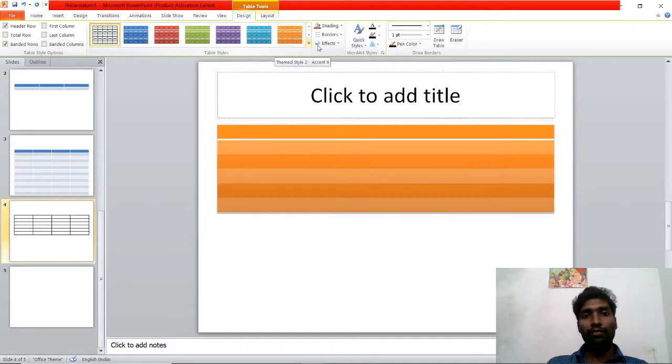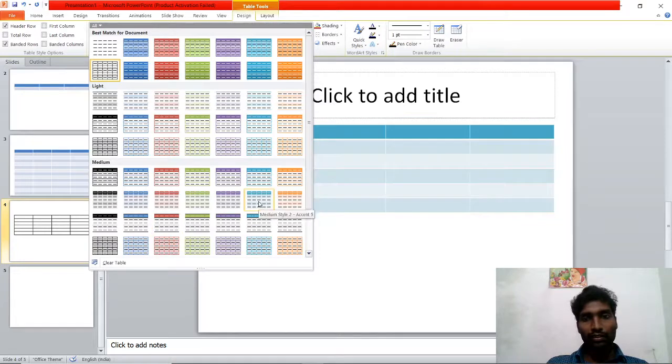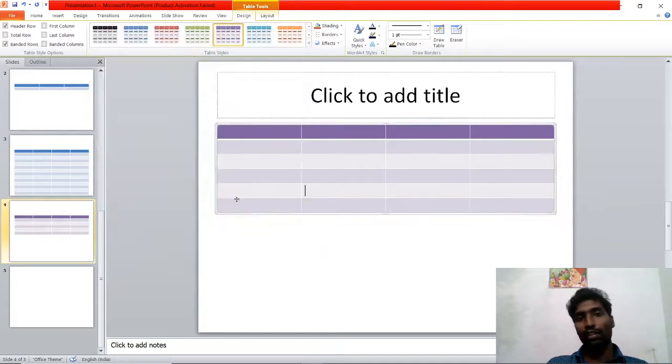Now shading. For the shading, I will select this color. Next is the shading.